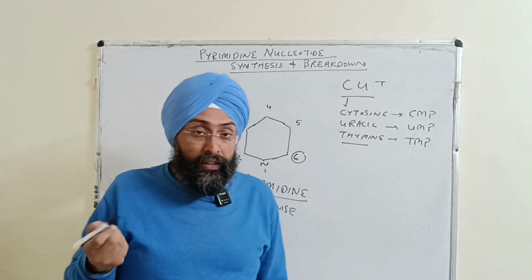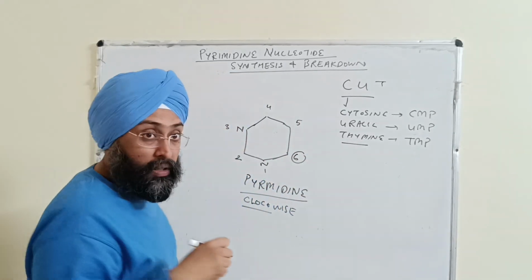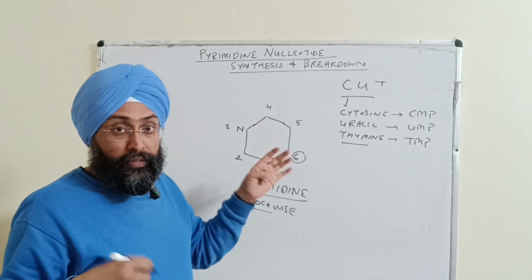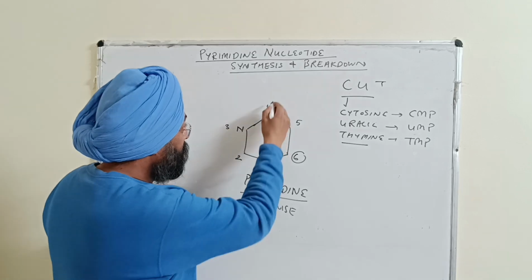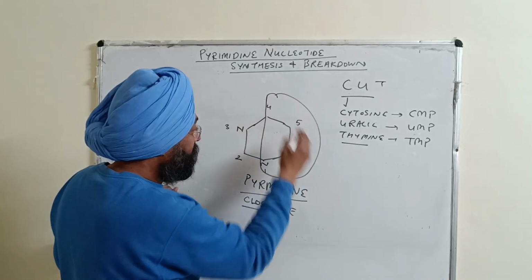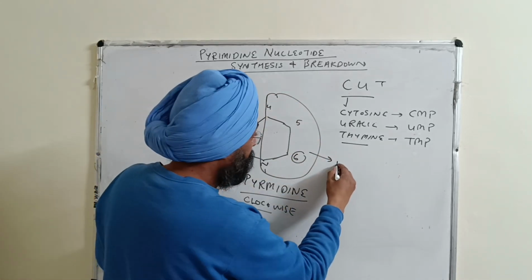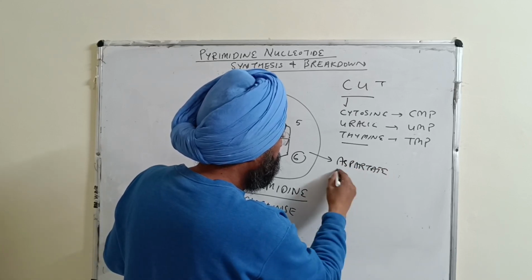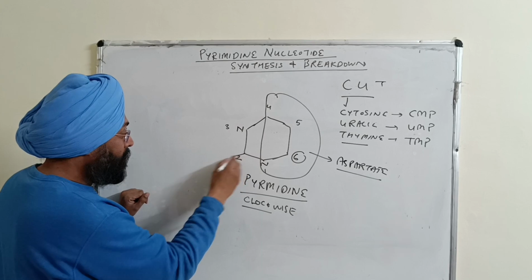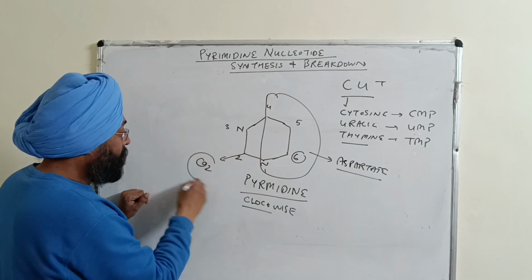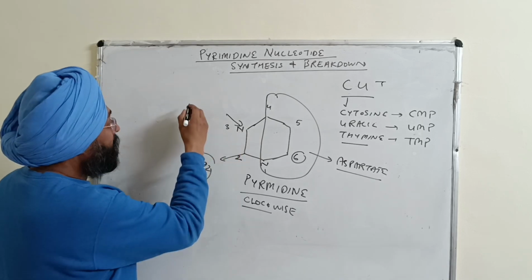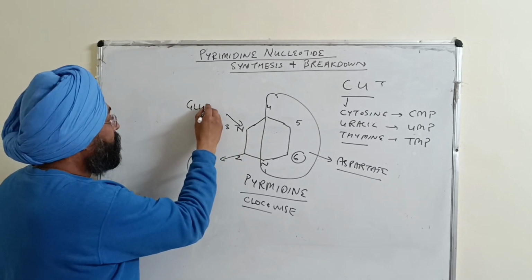So now the individual components, I will distinguish from which part each is derived, right? So half of the molecule is derived from aspartate, right? And this second carbon is derived from carbon dioxide, right? And the third nitrogen is derived from glutamine,